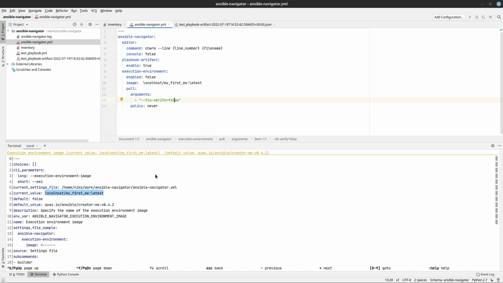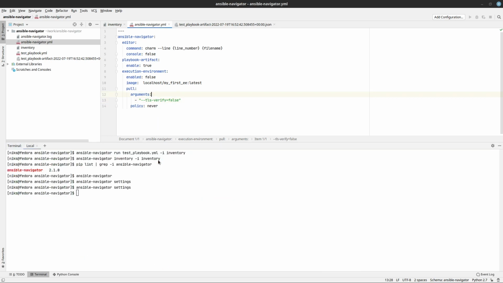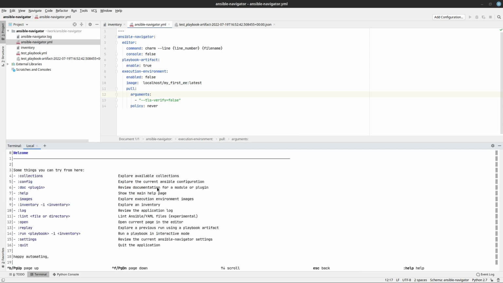So that is settings. Like I mentioned, there are a lot of other options available as well in this settings file, which you can find on the docs page of Ansible Navigator. So let's go back to Ansible Navigator in the TUI. We covered settings. Now let's look at the collections. So if I just say collections,